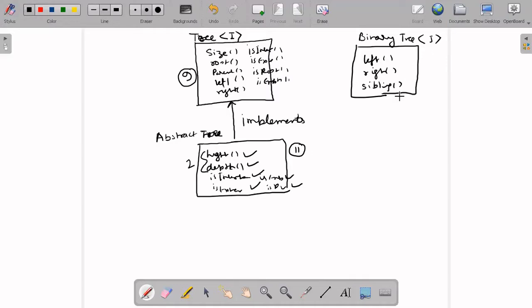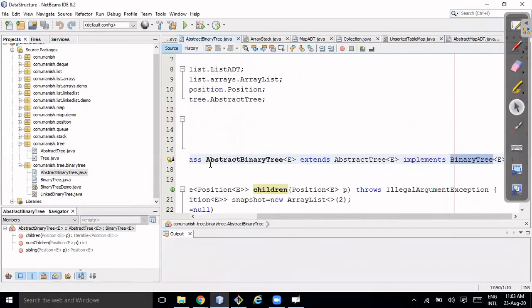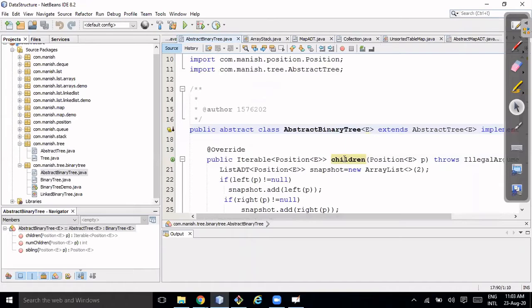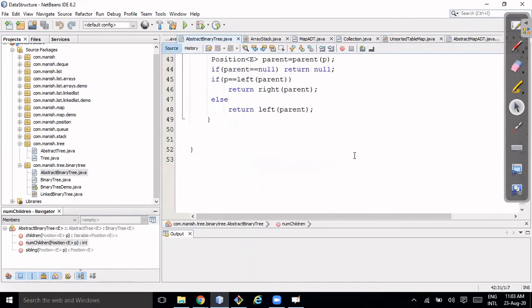Now I am telling that this interface is implemented by the abstract binary tree class. So this is the abstract binary tree class. What all methods are we implementing in abstract binary tree class? Here I am implementing a few methods: one is children, one is number of children, one is sibling.